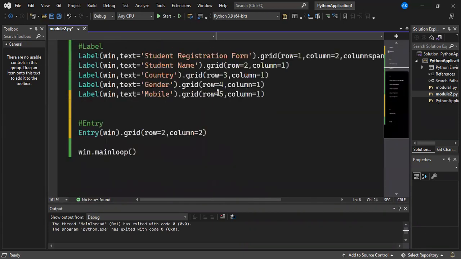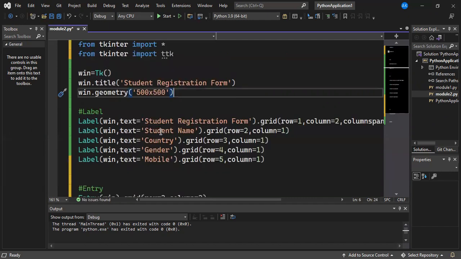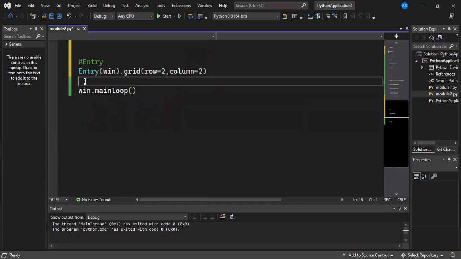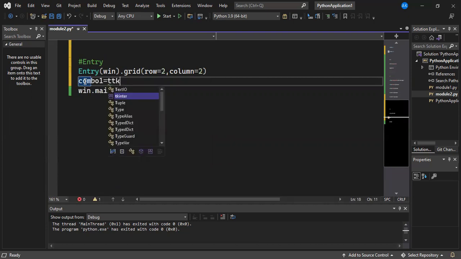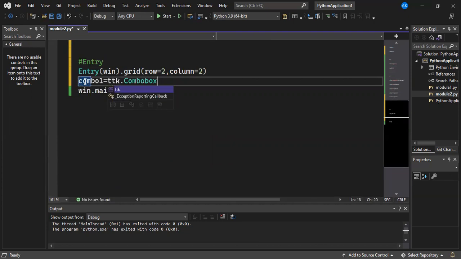So we will create combo box by using this sub module. So that's why I have imported this module by reference Tkinter module, right? Now create combo box, create an object of combo 1 and ttk dot combo box,